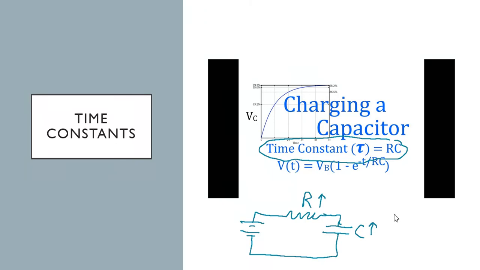And either way, this time constant equals the resistance of the path times the capacitance of the capacitor. And this isn't the time to charge or discharge. This is what we call the time constant. Then we're going to have to use this fancy equation underneath to figure out where we're at. But what we do know is 5 time constants, I'll write it up here, 5 time constants is fully charged